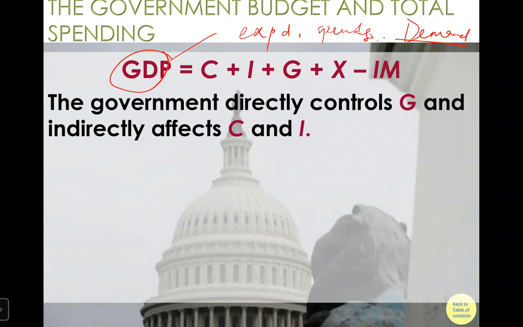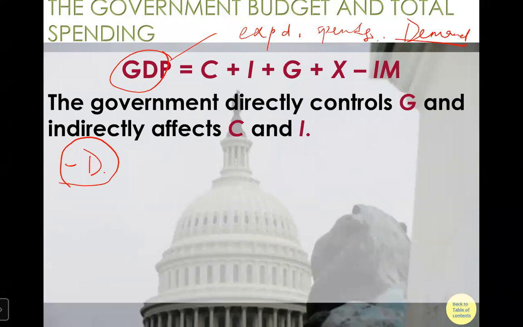If there is a negative demand shock, usually we enter a recessionary gap. Without the intervention of the government, we know the economy can restore itself